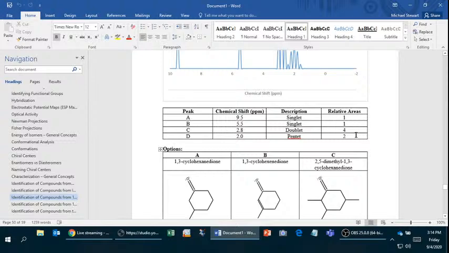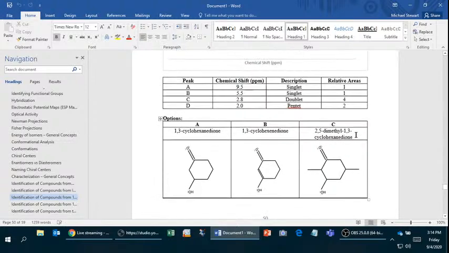Areas of 1, 1, 4, 2. 1, 1, 4, and 2. So your 1,3-cyclohexanedione is going to be the one that works out. So your pentet,